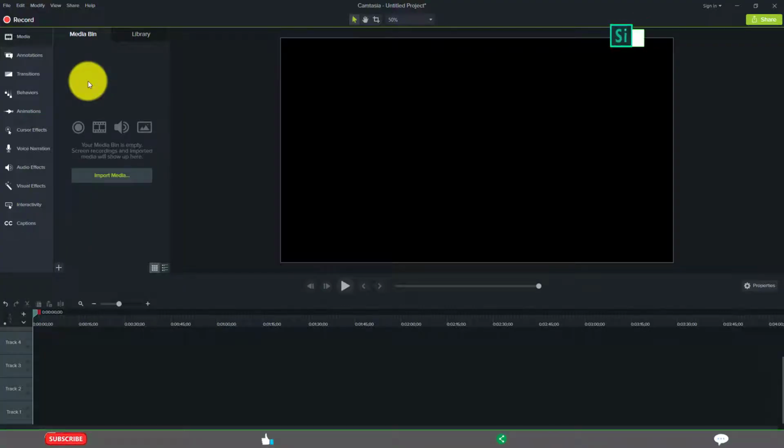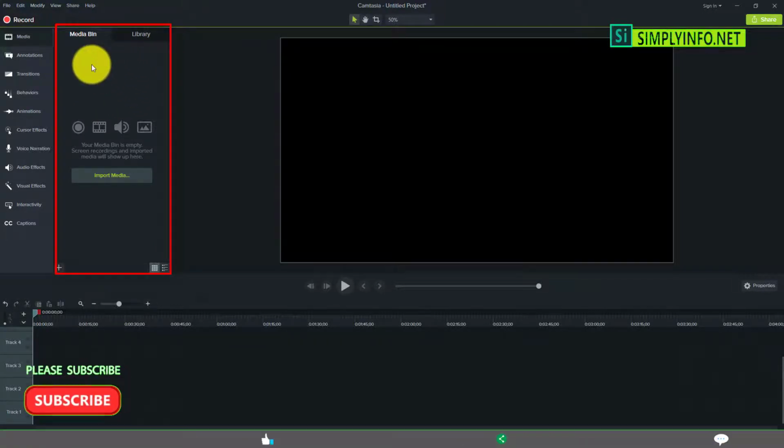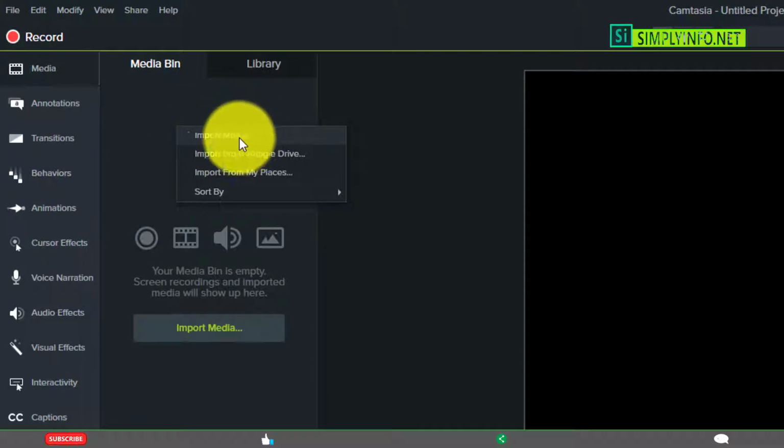To create any video project, you need source clips. The source clips are multimedia clips like images, audio, and video clips. You need to import them into the media bin. To add different types of source clips to the media bin, you can right click and click on import media,